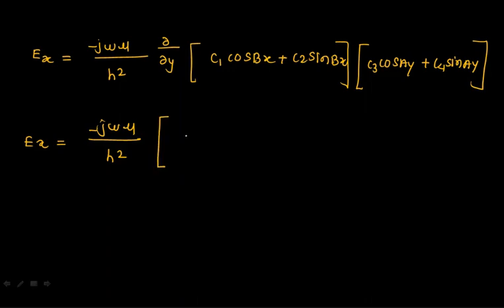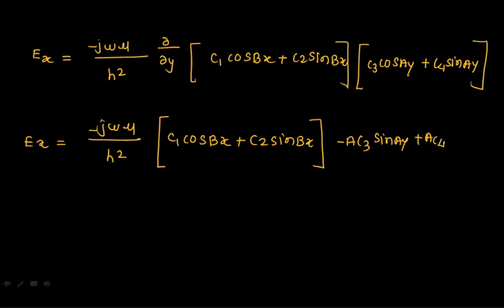जो भी x के टर्म है आप वैसे ही लिख दीजिए, C1 cos of Bx plus C2 sine of Bx. Then you can write here d of dy. So a of y का minus a C3 sine of Ay plus a C4 cos of Ay. As the differentiation is with respect to y, this term will only come into the picture. ठीक है. The first boundary condition tells me that this Ex is equal to 0 at the bottom side of